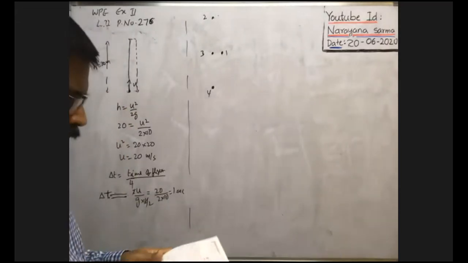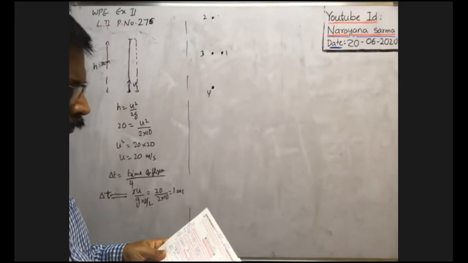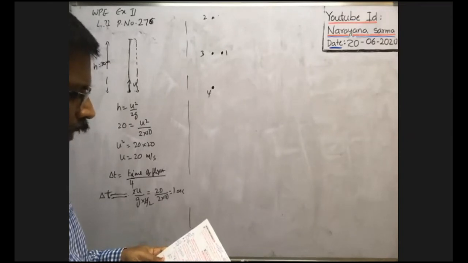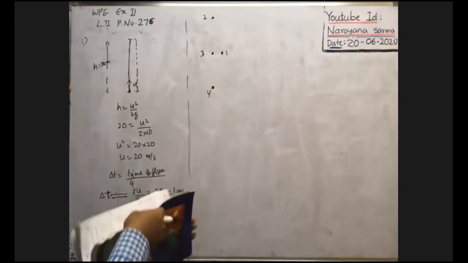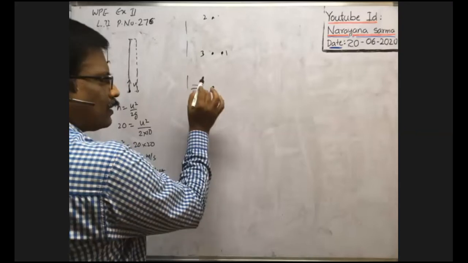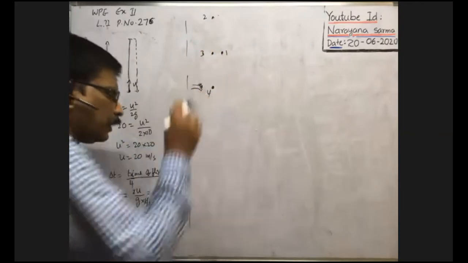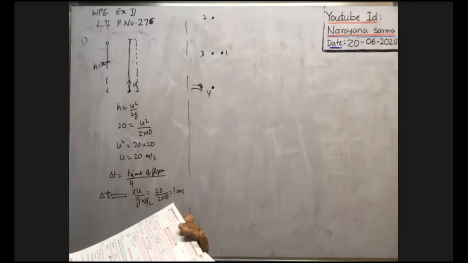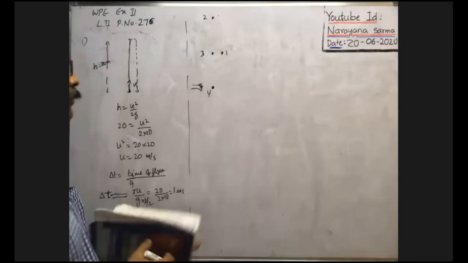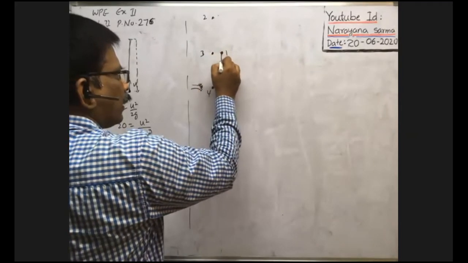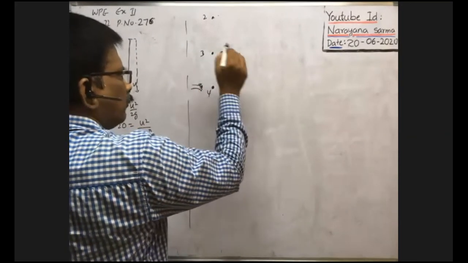Now here the question is, find the kinetic energy of the first ball when the fourth ball is in hand. When the fourth ball is in the hand, what is the velocity of the first ball, and what is the kinetic energy of the first ball? When the fourth ball is in his hand, the first ball is here, coming down. At that time, what is the velocity of this first ball we have to find?